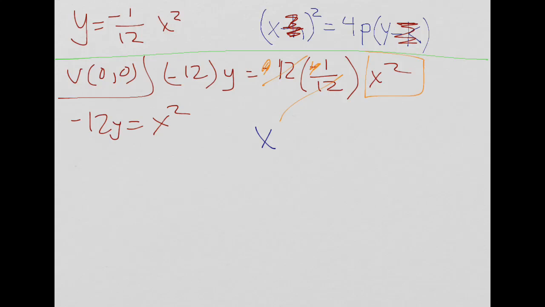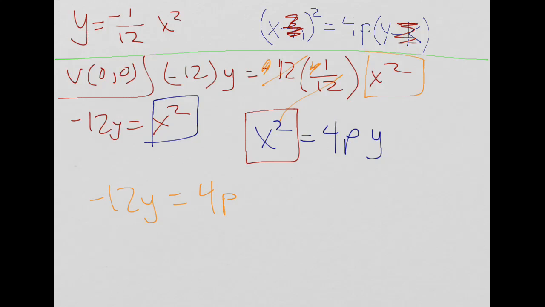Remember what we said. Our equation looks like x squared equals 4p times y, since h and k are both 0. So we need to figure out what is p. Well, notice on the right side of this equation we have x squared, and on the left side of this equation we have x squared. So if we want to solve for p, just take a look at the two equations we have. We have negative 12y